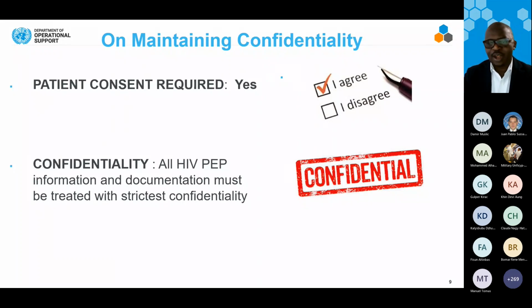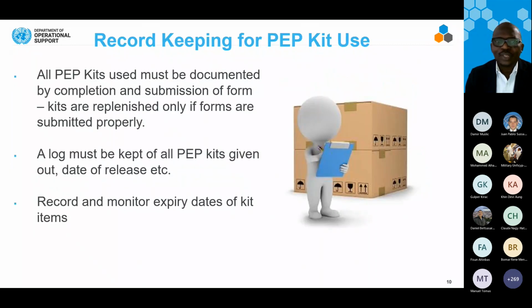Then on confidentiality, all information that is collected must be treated with the strictest confidentiality, because it will not be good for staff members to be hearing their information out there. Personnel are accessing the services, and before they know it, their information is out there before they even leave the office of the custodian or the physician. So as custodians and physicians, we must ensure that we maintain the strictest confidentiality of all the information and documentation that we use when we are administering this service to personnel.